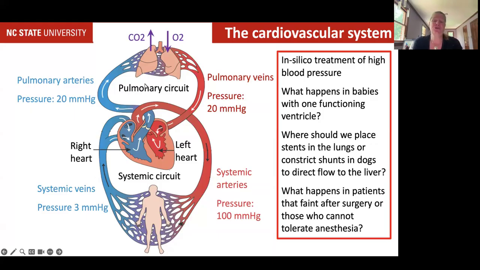And so, for example, you could be interested in which patients can tolerate certain types of anesthesia and which ones cannot. How do you differentiate patients that have issues with fainting? A big group of those patients are those with long-term COVID. They have a lot of issues with controlling their blood pressure, and we are trying to gain more insight into